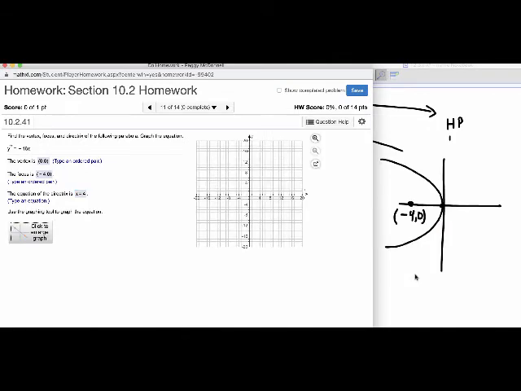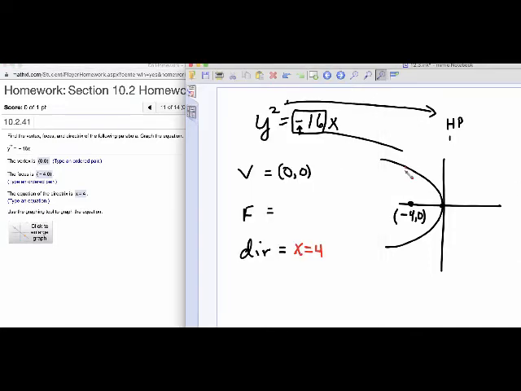Before we go to the graph, we should find the latus rectum points. Even though they didn't ask us to do that, we're going to need 2 points to graph this parabola. So here was my parabola. My focus was at negative 4, 0. My latus rectum is this line